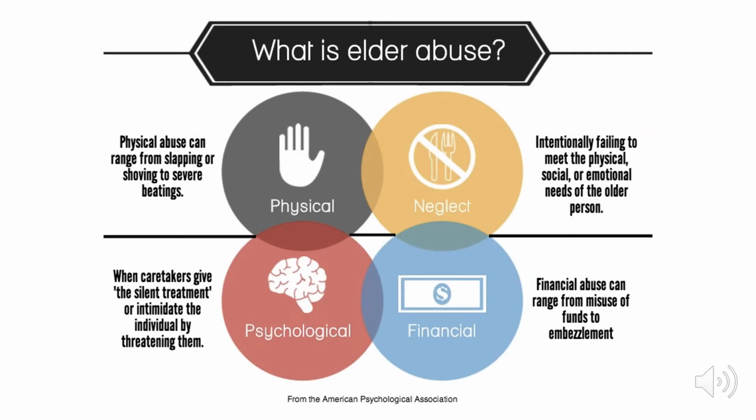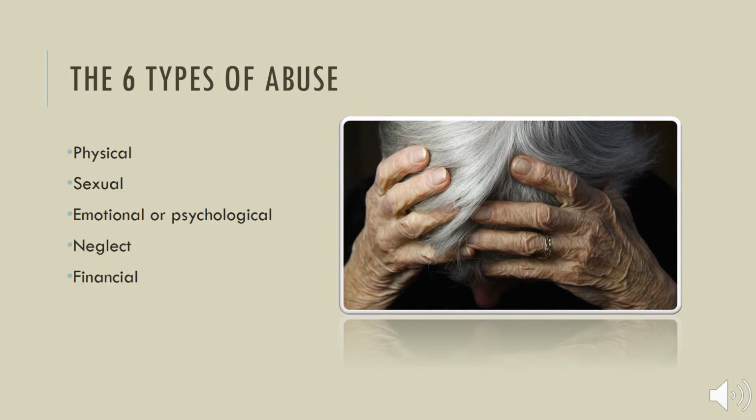What is elder abuse? This graphic depicts some of the various types of elder abuse that are commonly seen that we will explore further on the next slide. There are 6 different recognized types of elder abuse. Physical occurs when an elder experiences illness, pain, or an injury as a result of the intentional use of physical force and includes acts such as hitting, kicking, pushing, slapping, and burning.